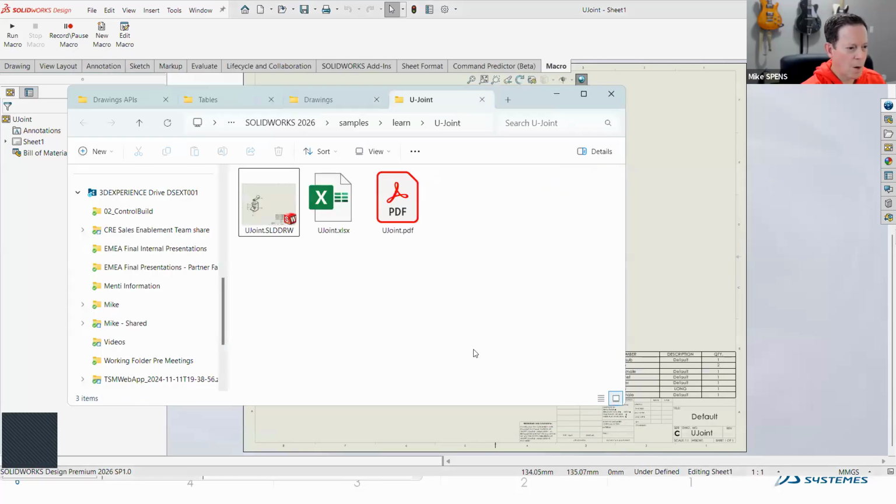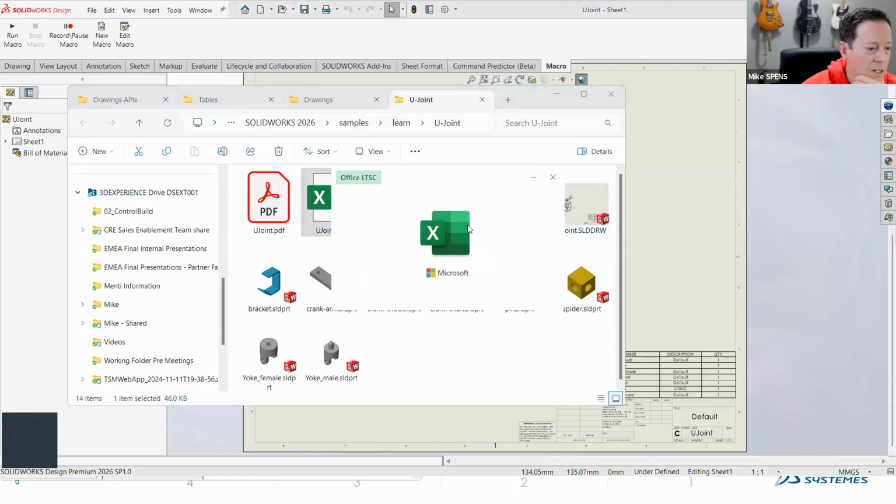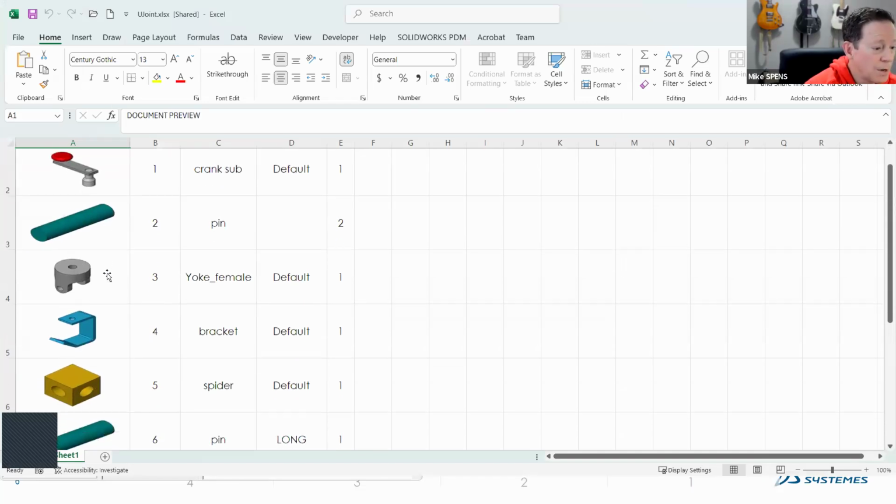here's the little ta-da moment, right? Ta-da. Excellent. Everything printed perfectly. That was odd. I've got the PDF, my Excel file. There's the drawing that it saved. And just to check out the Excel file, I added the option to add a preview thumbnail